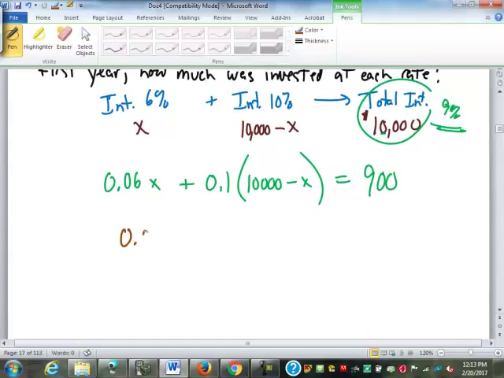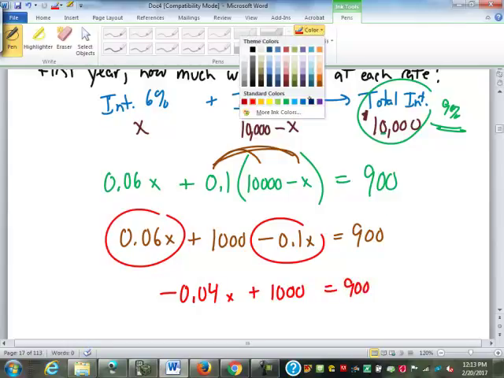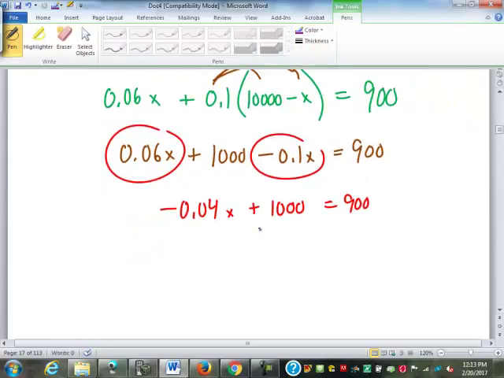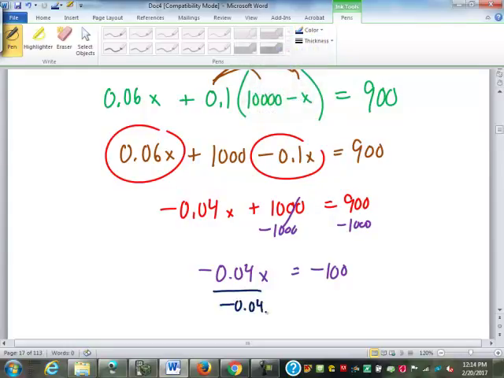So now to solve this, nothing happens with the 0.06x. We have to distribute the 0.1. 0.1 times 10,000 is 1,000. 0.1 times negative x is a negative 0.1x. So 0.06 and a negative 0.1 give me negative 0.04x, plus 1,000 equals 900. And we will subtract 1,000. So negative 0.04x equals a negative 100. And we have to divide by the negative 0.04. So x equals